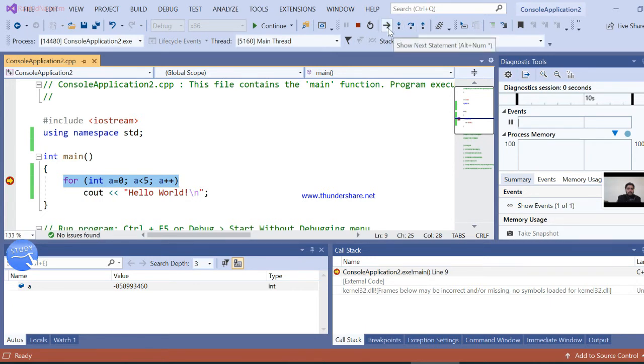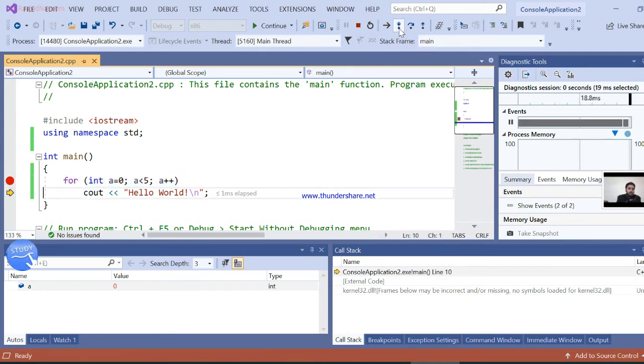Here you can see there is a step into, which means that if there is a function, it will move inside the function, and if you want to, you can step over a function. Anyhow, you can use one of these options for the time being. So step into the function, F11 is a shortcut for this. Now you can see that our loop has been executed.